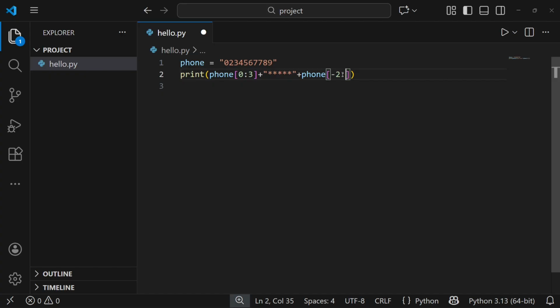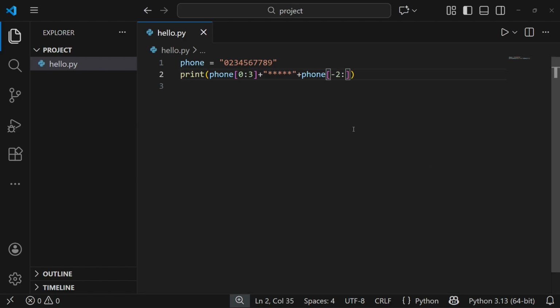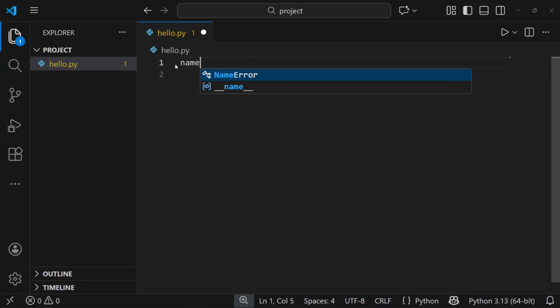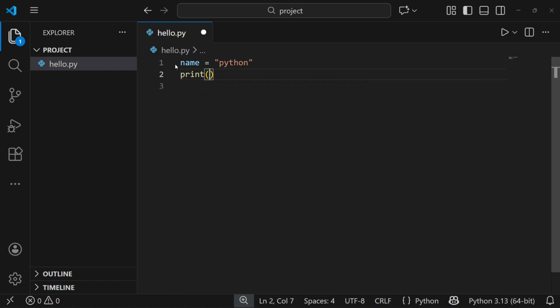So now let's try and run this program and let's see. You see, we are going to get 0, 2, 3 and asterisk and 8, 9, right? So it's as simple as that. So let me clear this and let me type a name here. Let me use a letter string, right? If I print this name index here,